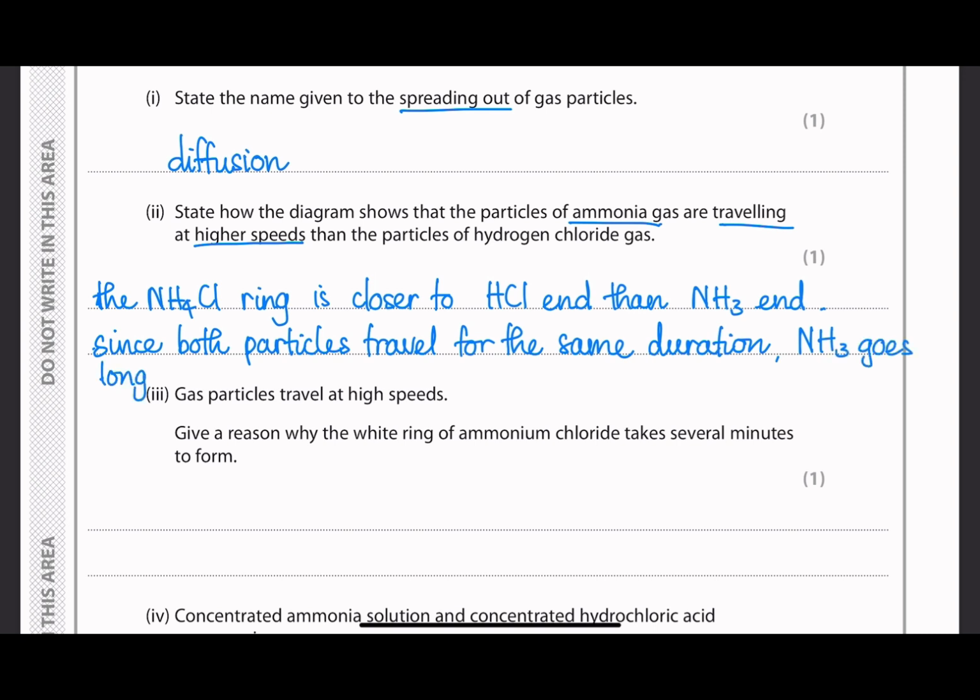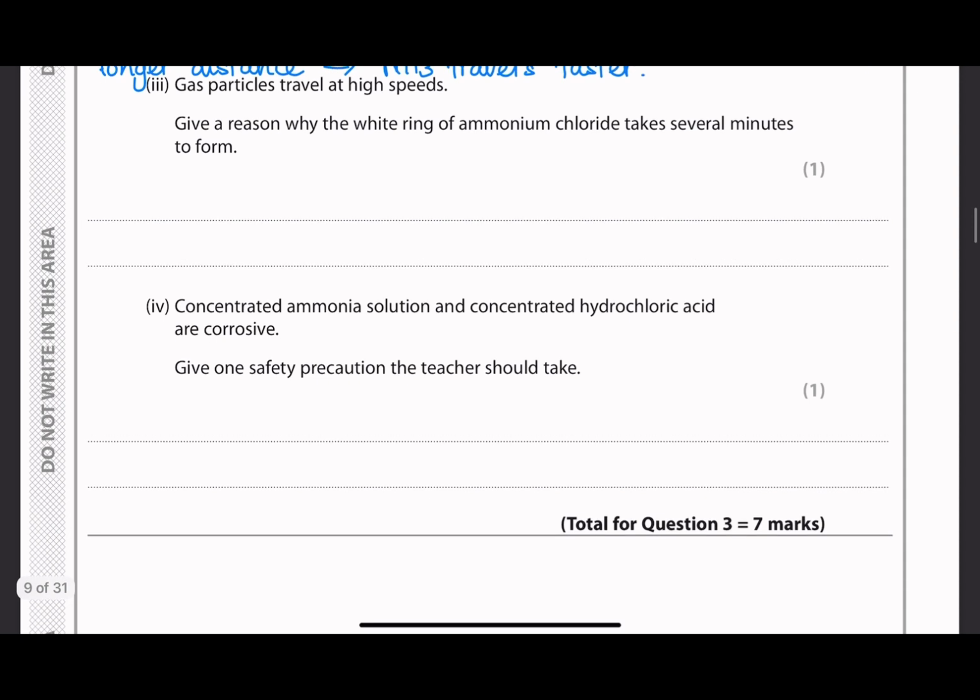Okay, and then the next question: they give you the information that gas particles travel at high speeds, but they ask why the white ring of ammonium chloride takes several minutes to form. So for a reaction to happen, the particles need to have enough energy and the correct orientation when colliding for the reaction to happen. So one of the reasons why the product takes several minutes to form is because the